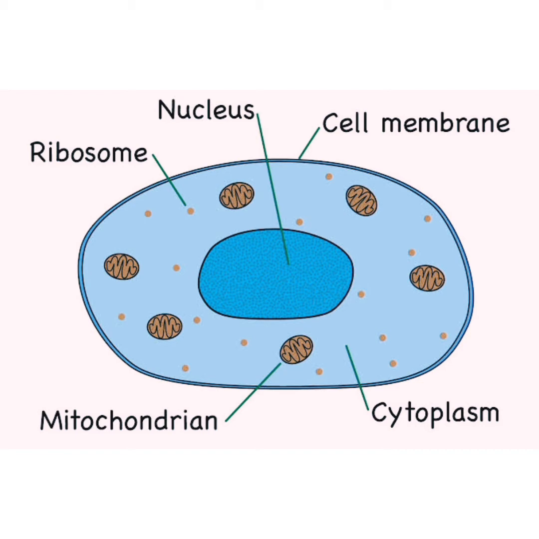An animal cell looks like this. In this picture you can see that the main parts of the cell are the nucleus, cytoplasm, cell membrane and vacuole. The nucleus is the control center of the cell. The nucleus also controls the cell's growth and reproduction.